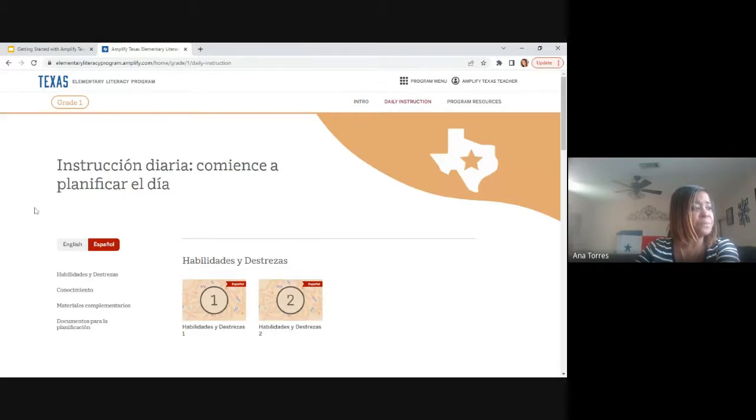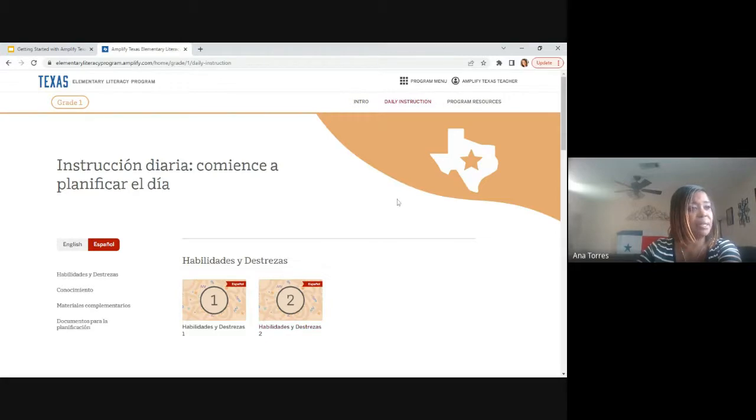So as you can tell, there is an English and a Spanish little toggle button. I already have mine set to Spanish. And so what you will find is for K, 1, and 2, you have Unidades 1 and 2 already on the teacher website. I do want to give the kindergarten folks some good news that just as of May 30th, Kinder has Unit 3 also here on the site, and we will be introducing Unit 3s for grades 1 and 2 on a rolling basis. Those are coming up soon.